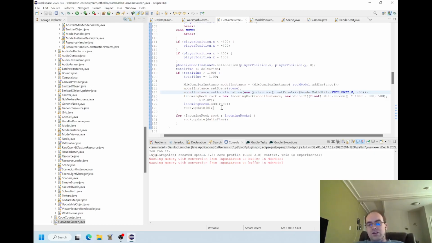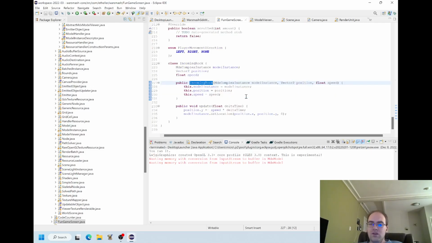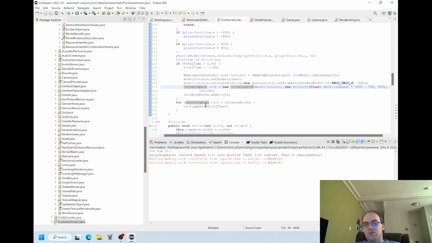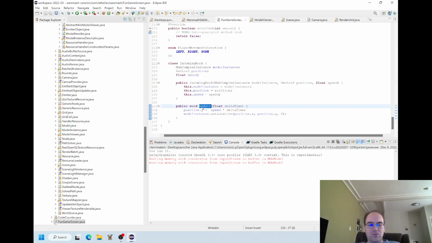Maybe we don't even need this rock.update 0 up here. Somehow the speed of the rock isn't really applying like you'd think it would. Or updating the rock isn't really moving its model instance.